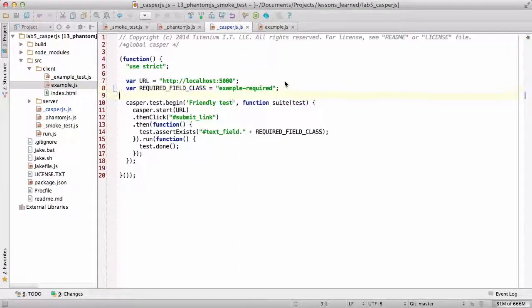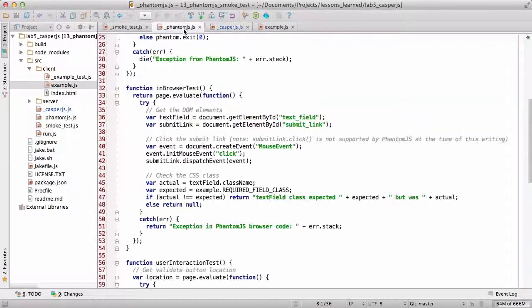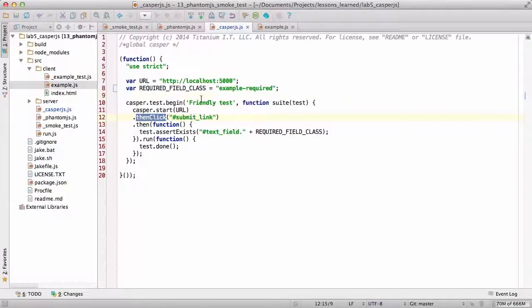And we could eliminate this duplication if example.js was a CommonJS module, but it's not. And that's okay for this little simple example. But overall, this is really clean. I like this a lot. In my research, I found that then click basically does the same thing that our first example does. This